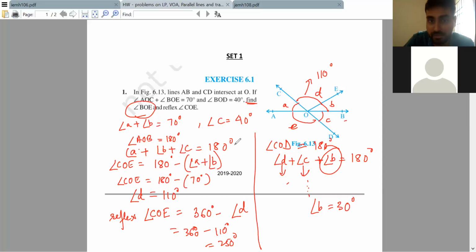I want you to also notice how we are writing the steps. Maybe we should be writing reasons here also. Straight angle AOB is equal to 180 degree. We can call it a straight angle. Same here also, straight angle. Wherever there's something new, we should write reasons, whenever we give some new information. If we have not written proper steps in which a stranger can also understand, then we should take things down.